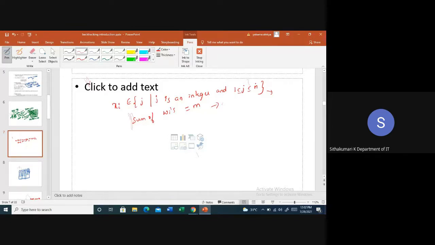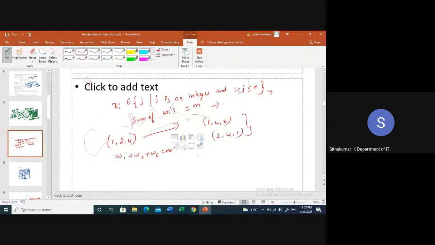And here, no two, that is, for the same subset you cannot have multiple instances. So for example, 1 comma 2 comma 4 is one subset. It means that w1 plus w2 plus w4 is equal to m. Once you have this, you cannot have 1 comma 4 comma 2 or 2 comma 4 comma 1, because all of these make the same thing. 1 2 4 or 1 4 2 or 2 4 1 are all the same. You cannot have multiple instances of the same solution, the same subset.